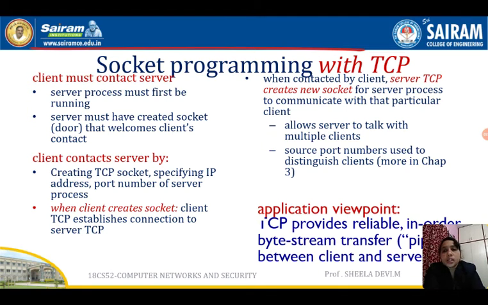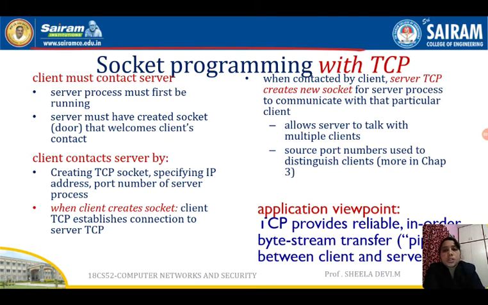Next is the client contacting the server. The client contacts the server by creating a TCP socket, specifying the IP address and the port number of the server process. Then when the client creates the socket, the client establishes a TCP connection to the server TCP.